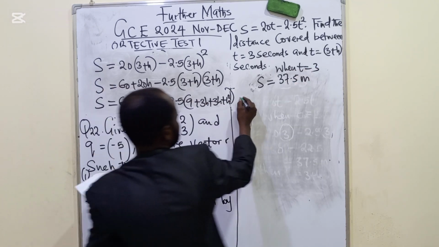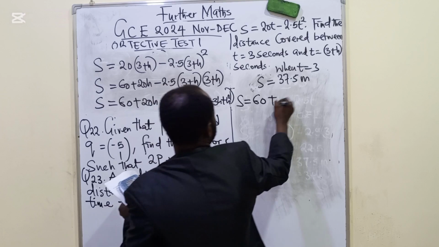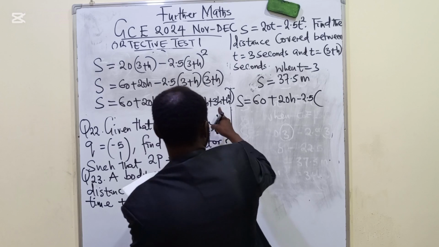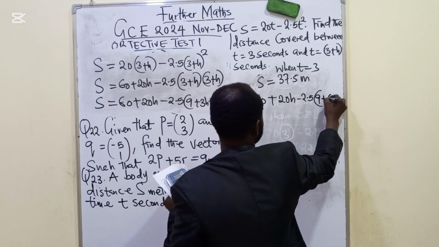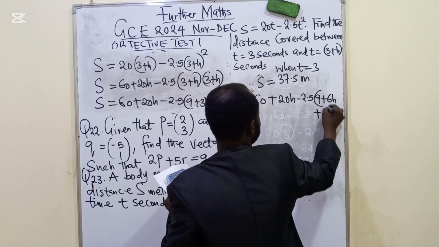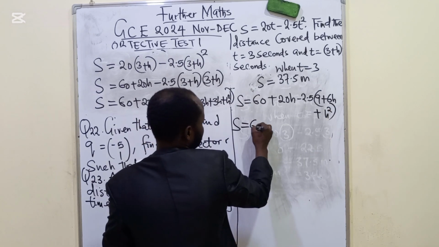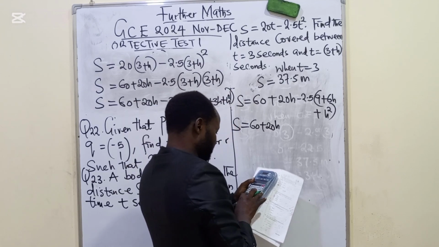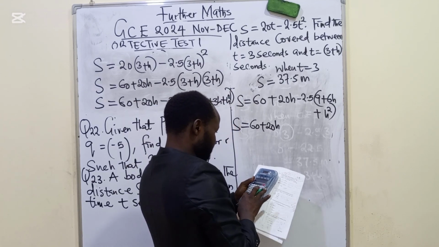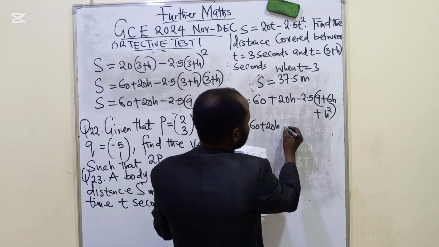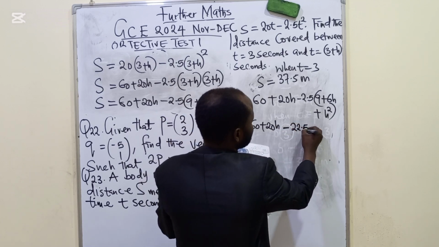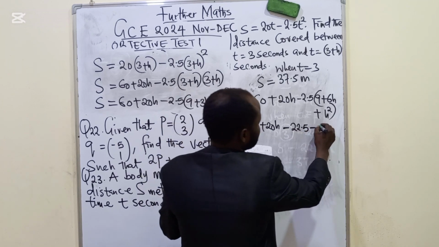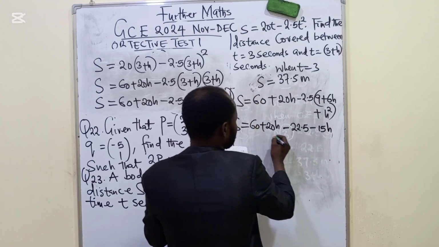Let's simplify this. We'll have 60 plus 20h minus 2.5 bracket. Let's add this. This will be 9 plus 6h plus h squared. The distance now will be 60 plus 20h. Let's distribute this. 2.5 times 9, that's minus 22.5. Minus 2.5 times 6, that's minus 15h, then minus